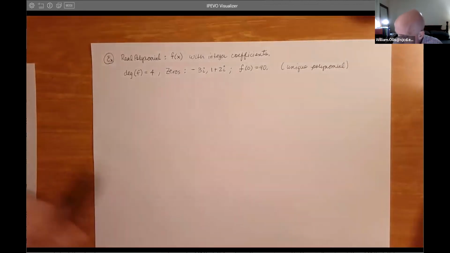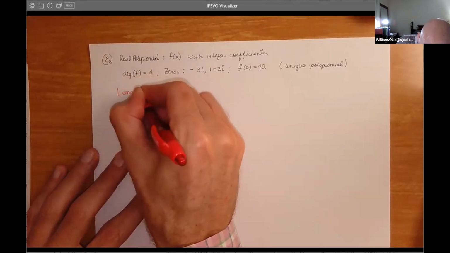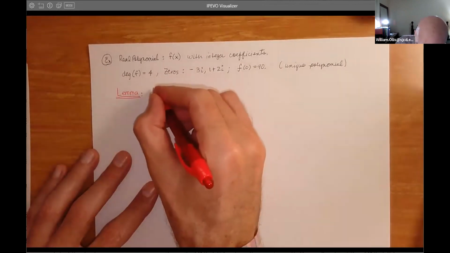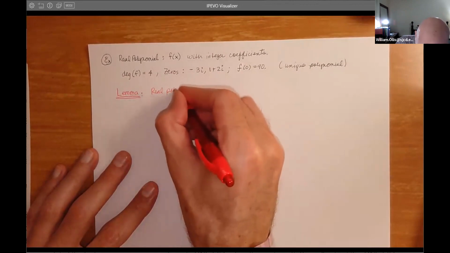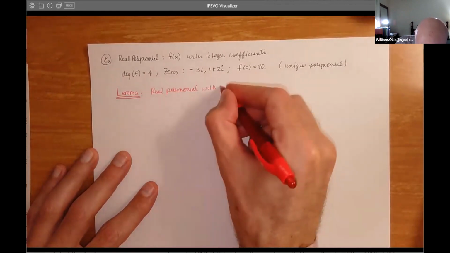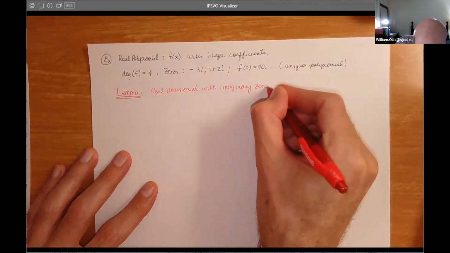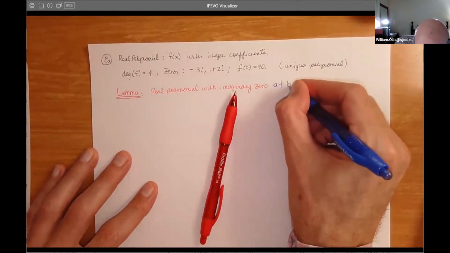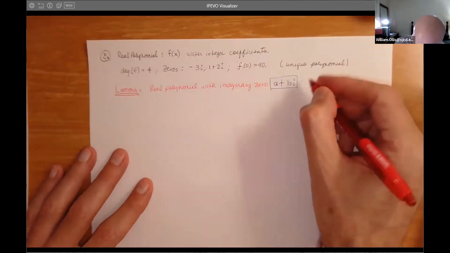So now let me remind you of the lemma. And this is what you should use on the test because it's going to save you lots of time. I went over it. So if you have a real polynomial with imaginary zero, and I'll say imaginary zero, a plus bi, right there, imaginary zero, then